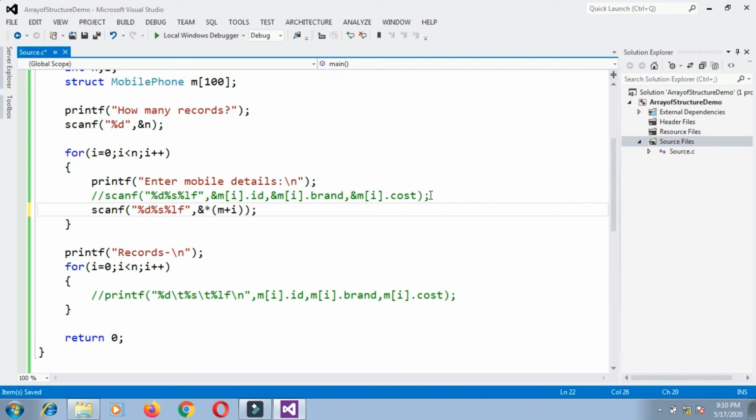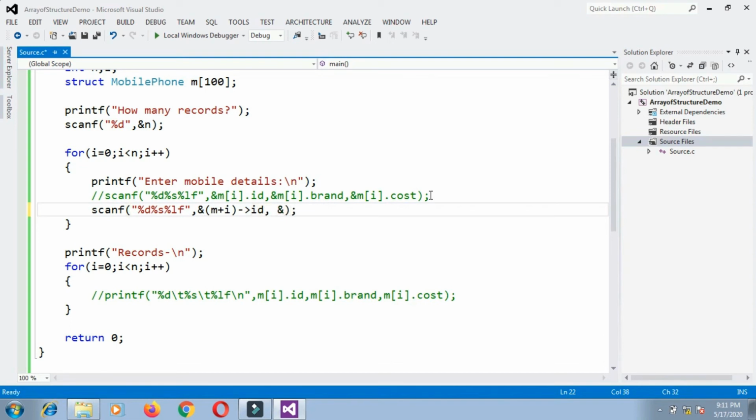So here ampersand will be there. Then I will apply arrow here and then ID. Now ampersand asterisk, they are coming together, so no need to write them. So I will write only m plus I arrow ID, or rather it will be ampersand m plus I arrow ID. Okay, so let me check first and then we'll see.